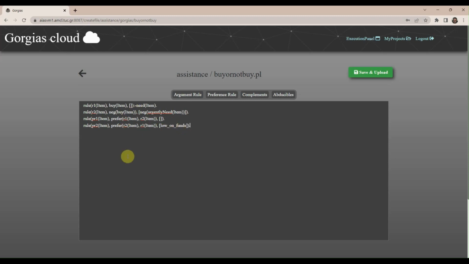So now I'm finished with writing this theory. Here I have two conflicts. One is the rule R1 with R2 because they have a contrary conclusion, and the other is between the priority rules as the preference is reversed. So one attacks the other. All right. So if I leave it like this, when I'm low on funds, both preference rules will have the same strength. So I need to add another preference rule